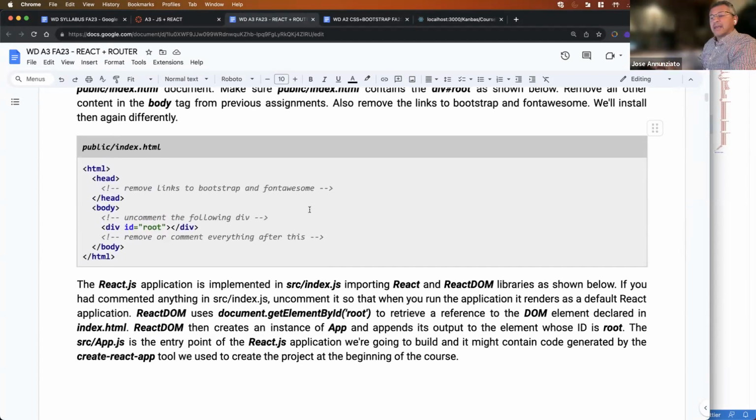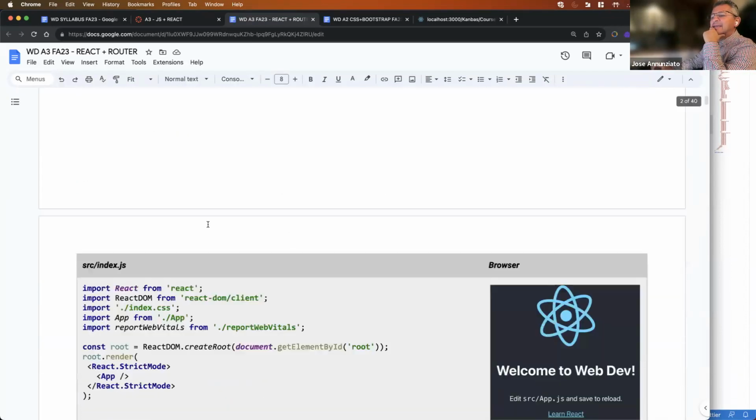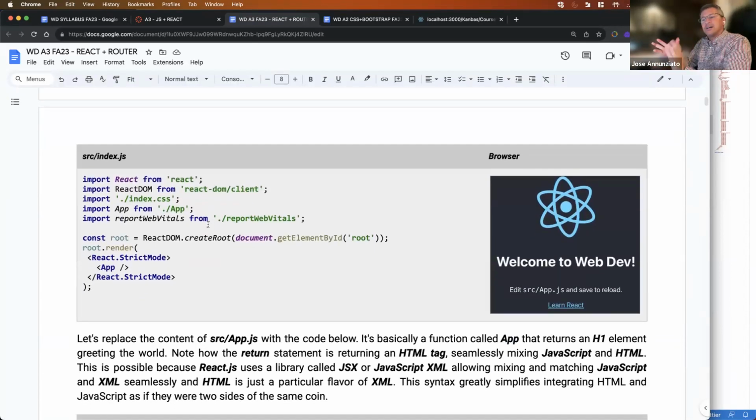And we are going to be using this methodology of creating a root, an ID root. But who's going to be filling in that div is going to be React. React is the one who's going to take the content and feed it into this div with this ID. Okay, and the way React does it is that it uses plain JavaScript. But actually, no, not plain JavaScript. Sorry, it uses what is called JSX,